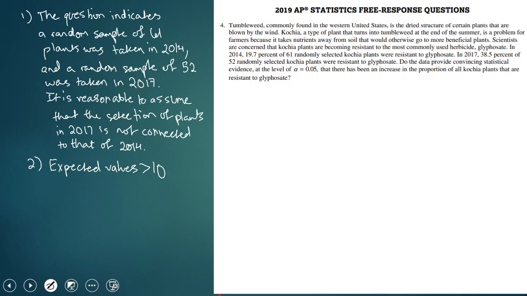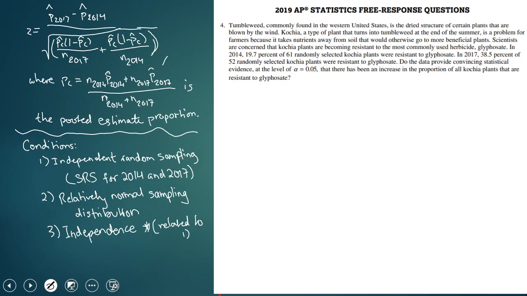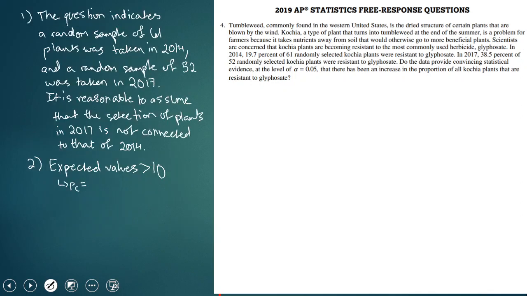And so for the expected values, because we're using a pooled estimate, we first have to calculate our pooled estimate. So using this formula, n2014 times p2014 plus n2017 times p2017, all over n2014 plus n2017, we get 0.2835. Okay, so our expected values. Now E of X generally represents the expected value of a random variable. But I'm just going to use it as n times p and then n times 1 minus p